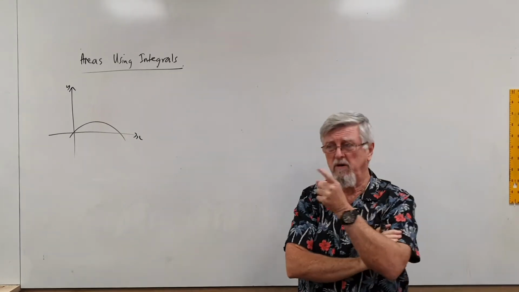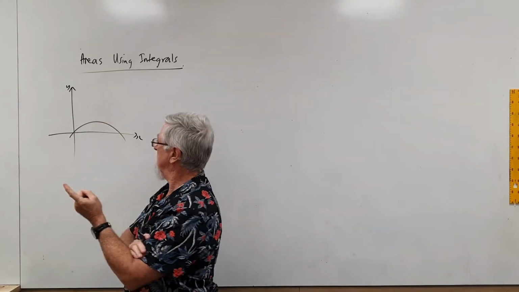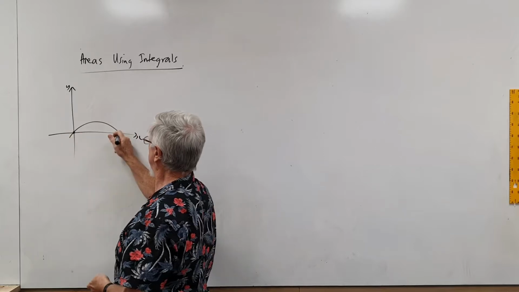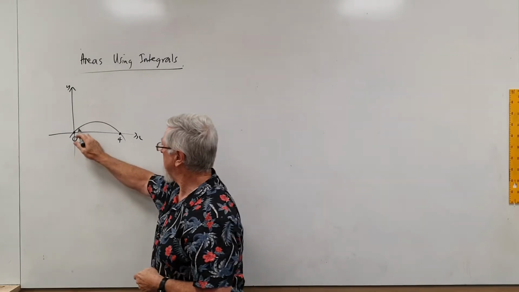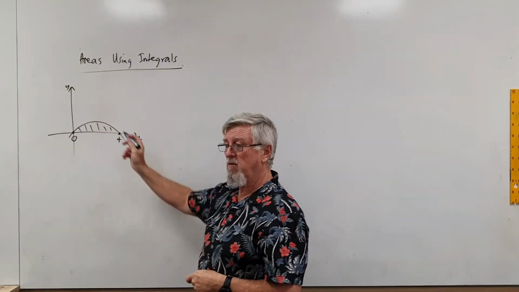Okay, I want to go through some ideas of what's going on with parabolas and reinforce that. If I've got a root at 0 and say a root at, let's go say 4, so you've got 0 and 4. We want to get that area there, but before we get that area, what's the equation of that